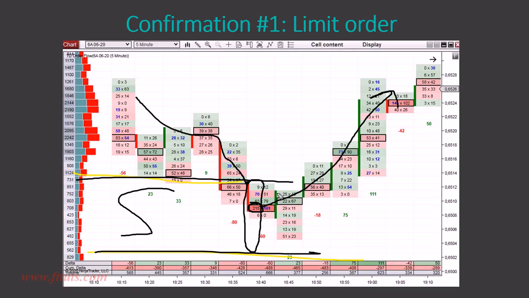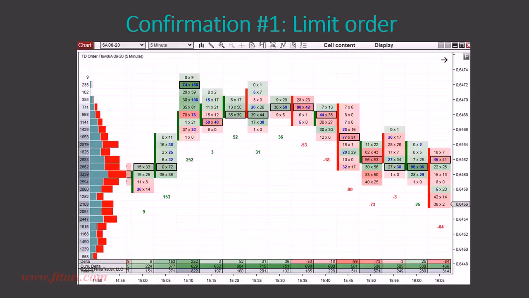All right. Now you can also notice 161 contracts on the ask. And what this actually could mean is, first, a limit order by buyers, buying a limit order in here, and then aggressive buyers jumping in with market orders. It doesn't need to be like that, but in this case, I would say that it probably was like that. Aggressive buyers saw that somebody big entered the market, and then they started to jump in. Now I'll talk about this a little bit more in the next couple of videos, so let's just move forward